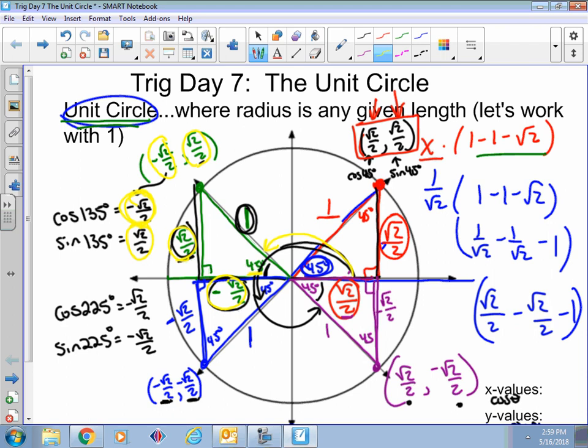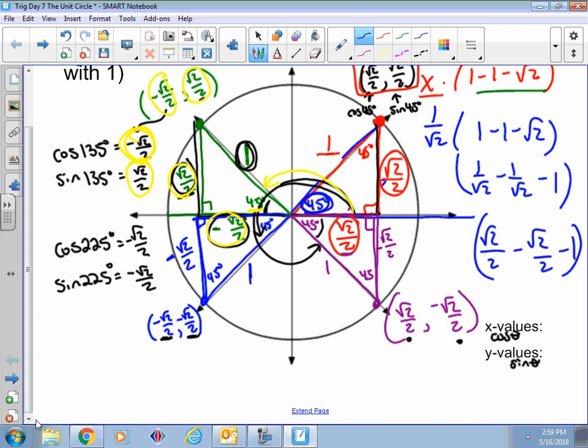That's true of all of them. So if you want to write down that the x values is the cosine of theta, the y values is the sine of theta, and then the y values divided by the x values, that's your tangent of your angle, which is the same thing as saying the sine of your angle, that ratio, divided by the cosine of your angle,